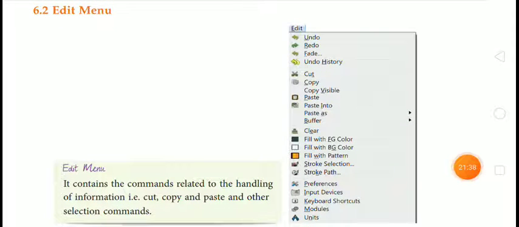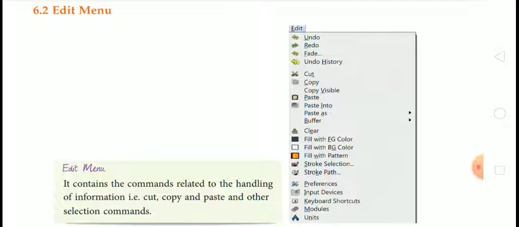Then next, the fill with FG color option is used to fill the foreground color. Next is fill with BG color. Fill with BG color is used for background color, and fill with FG is used for foreground color. Fill with pattern.